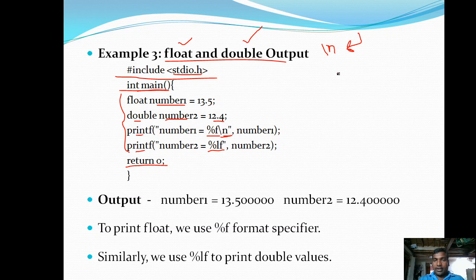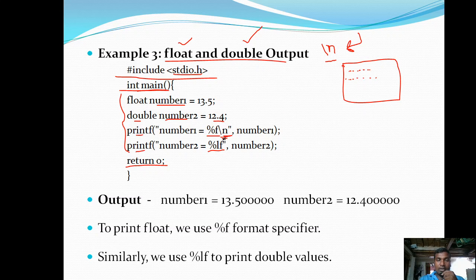For example, in any document or on the screen, if you are typing some text and then press enter on the keyboard, it moves to the next line, right? In a similar way, this slash n is the new line. Slash n represents a new line. Not only slash n, we have many kinds of escape sequences. Slash n is one of the escape sequences, which we are going to discuss in the upcoming sessions.